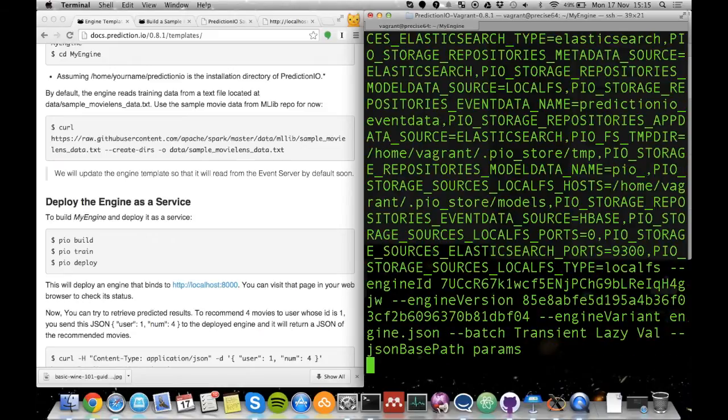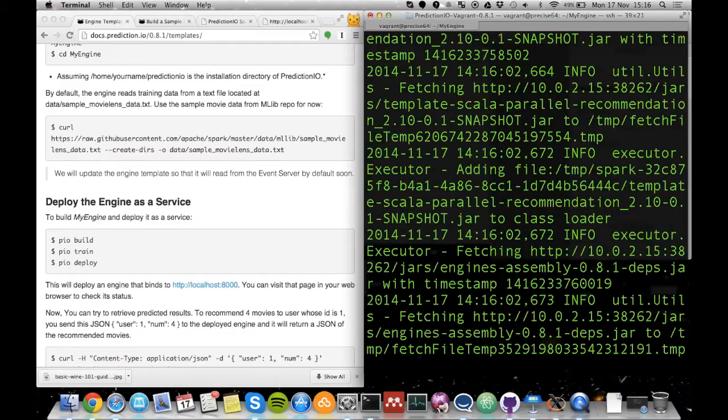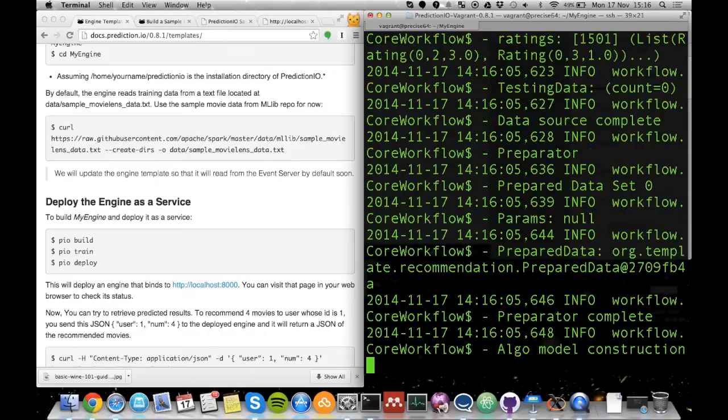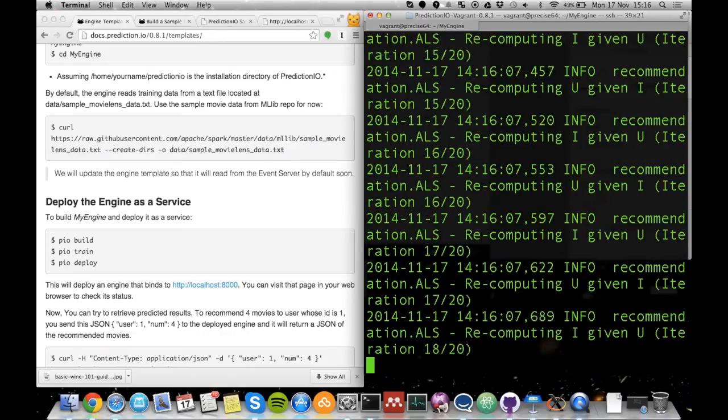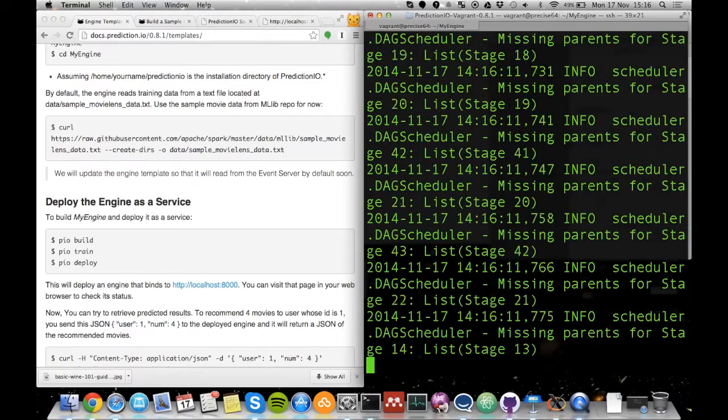And this will take a little second because this is invoking Spark, and at the moment, obviously, this is running on a Vagrant instance on my MacBook, which isn't a very realistic production environment. But what this will do is it will go through the training, and what we're doing here is we're training that ALS collaborative filtering model based on just this very, very basic sample MovieLens data set.